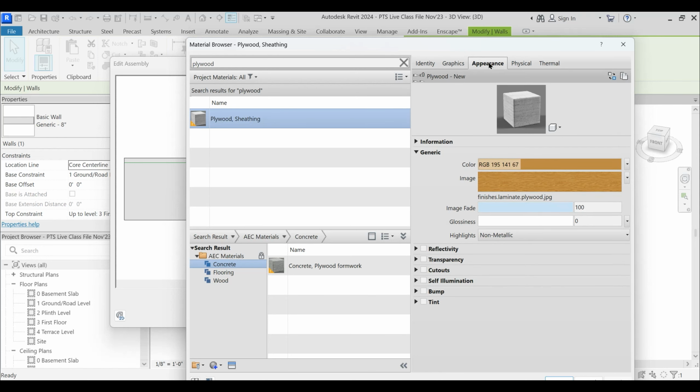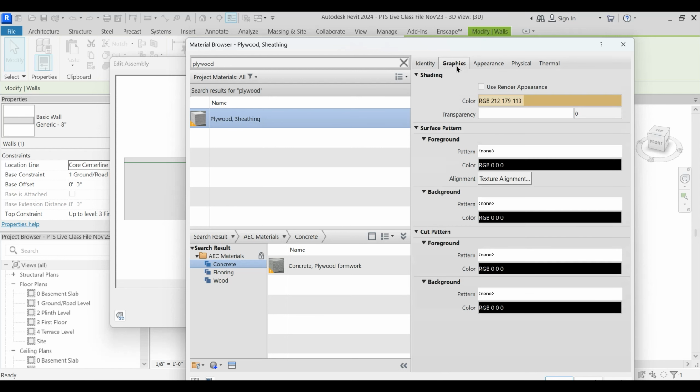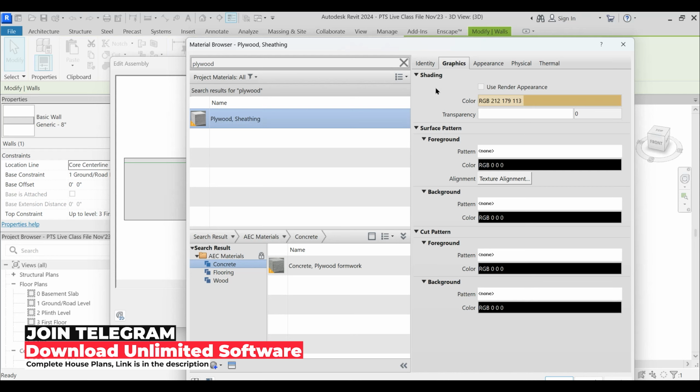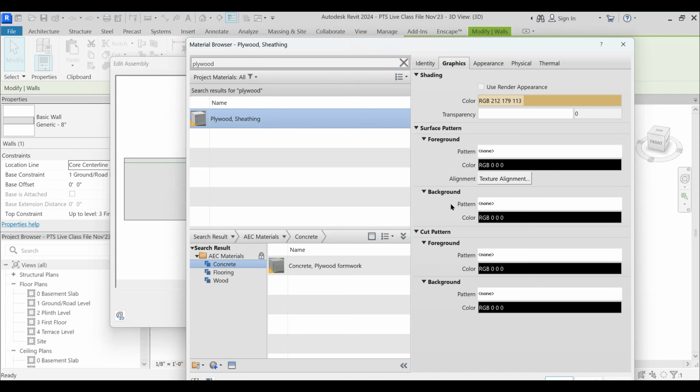Okay. So graphics deals with different fields, that is shading, surface pattern and cut pattern. Surface pattern is what you will see when you perceive this particular material in elevation, which has a foreground and background.